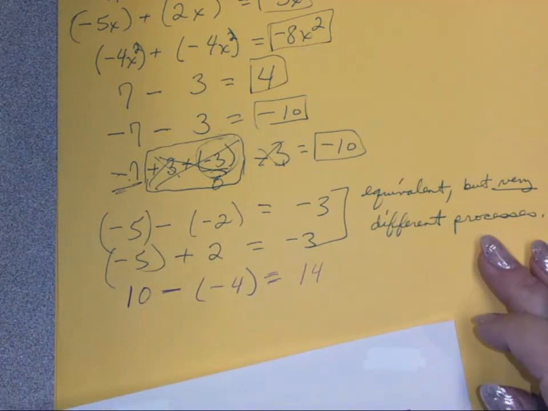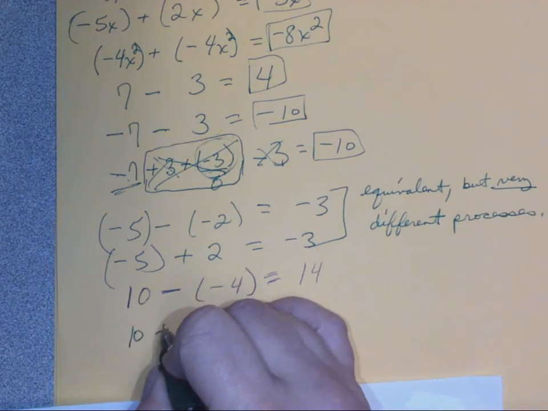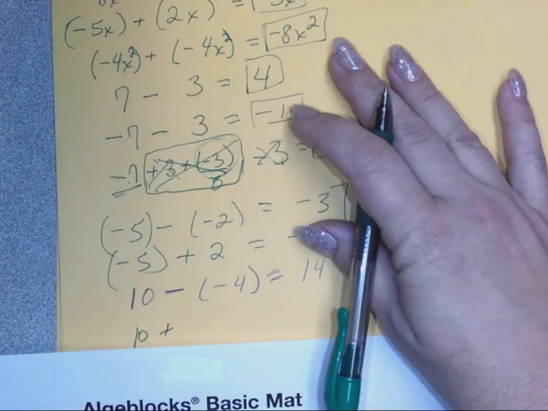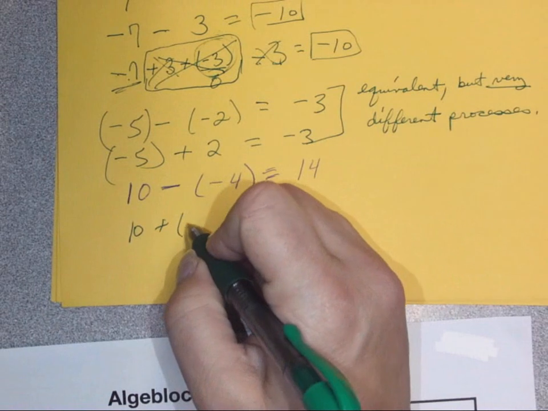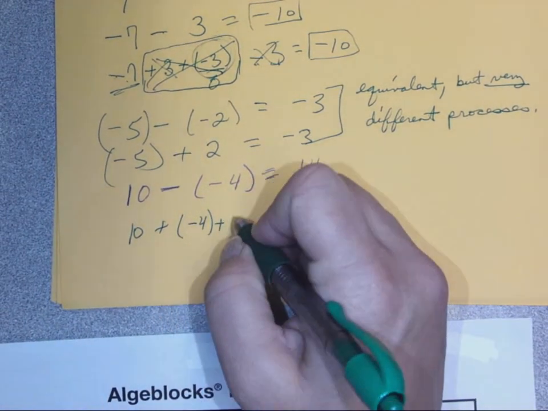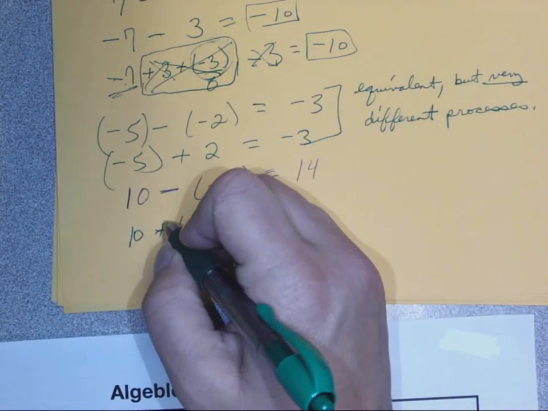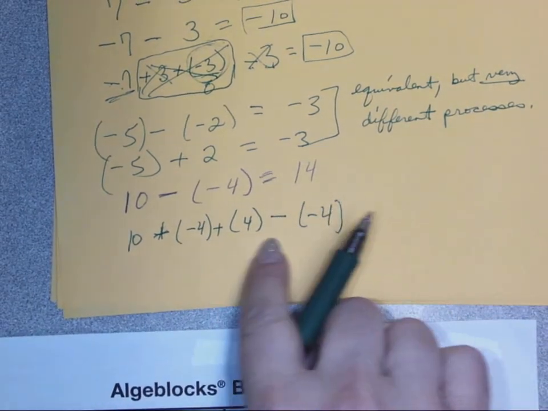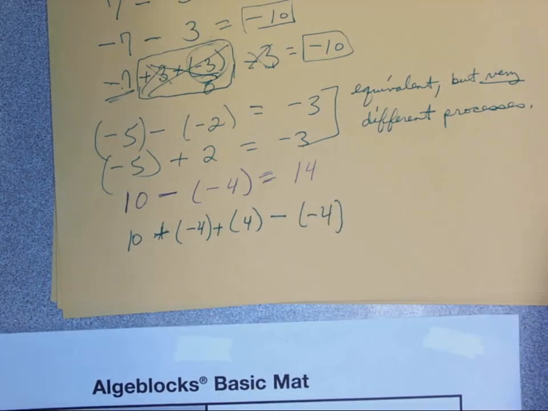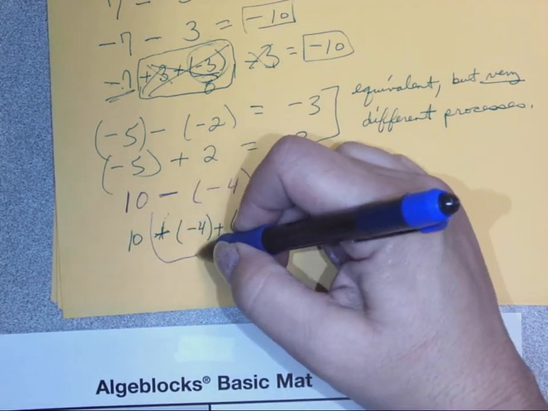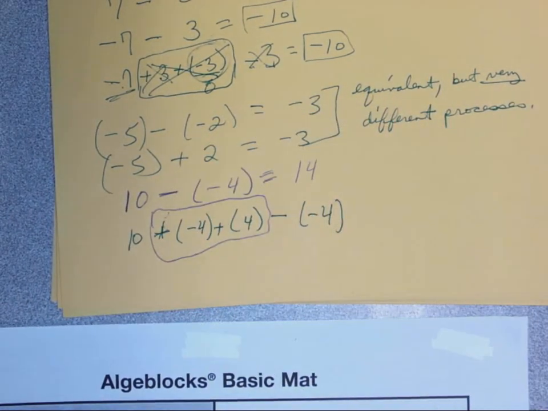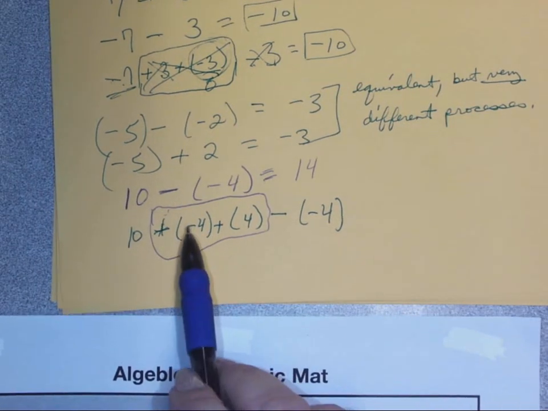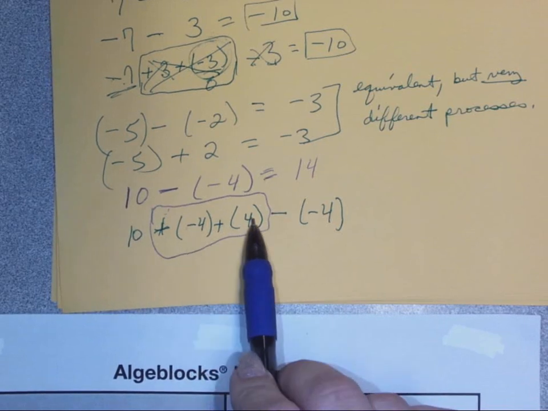Okay, I just did 10. Oh, let me scoot a little bit. All those cheesy guys are in my way. 10, and I added on a negative 4, and I added on a positive 4, and then I've still got to do this operation, right? I haven't done that operation right there. All I did was right in here, I added on the negative 4 and the positive 4, and what that tells me is I'm really adding a 0. Minus 4, positive 4,